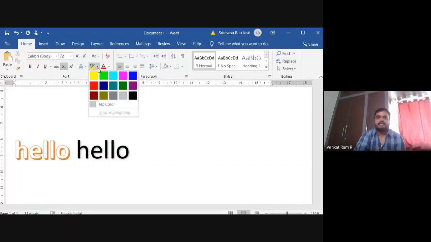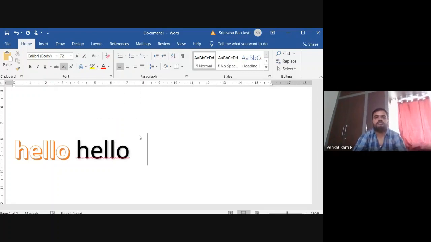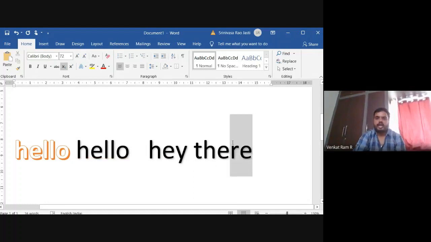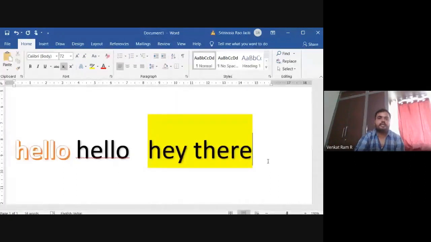And next, this is color, where you can use color for background. If you want to highlight the text, then you can use this text highlighter. Like how you do when you are reading textbooks, sometimes you highlight some important points.